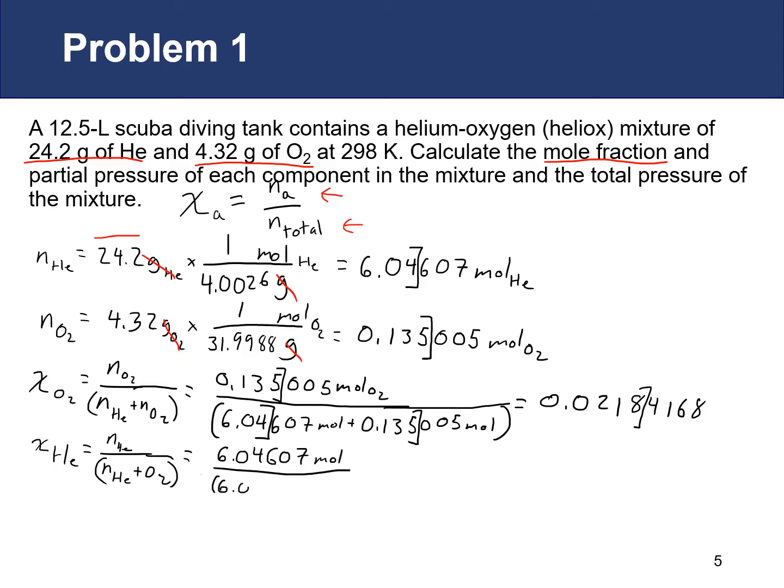So 6.04607 moles plus 0.135005 moles. Make sure you wrap your denominator set of parentheses, marking our sig figs. Okay, this gives us